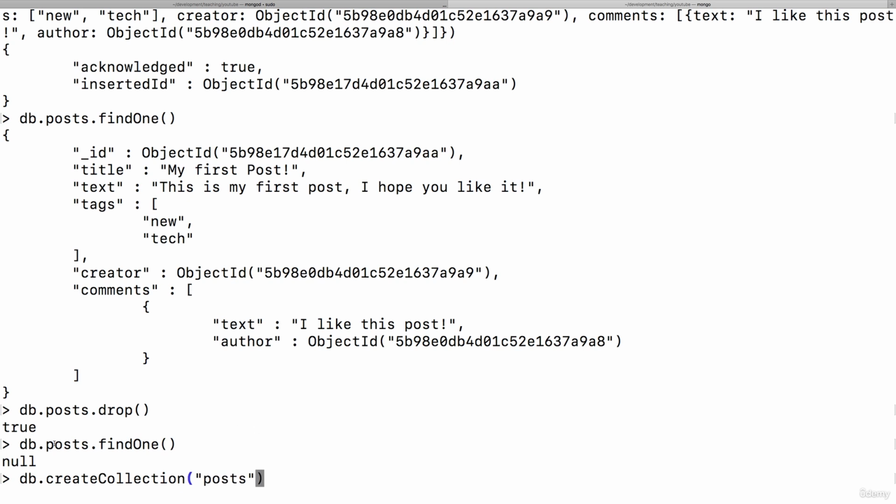So previously, you just accessed it and started working with it. Now you create it, and therefore you have to define the name here. The second argument is a document where you can configure that collection. And one important piece of configuration here is the validator. The validator key takes another sub-document where you can now define a schema against which incoming data with inserts or updates has to validate. You do this by adding a $jsonSchema key here,